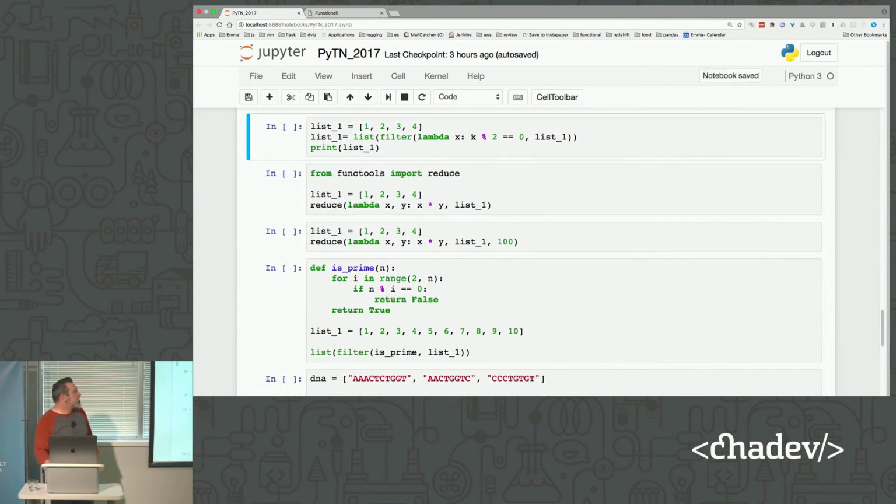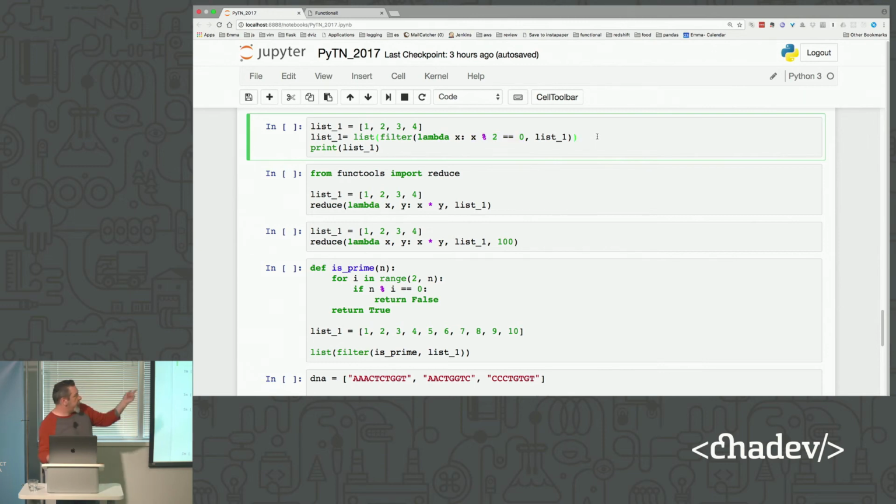Filter works along the same lines. Like I said, what filter has to do is it has to return a true or false, right? To decide whether or not the item that is currently on deck gets put into the new list or not. So in this case, we are just looking to determine whether or not that item is an even number, right?